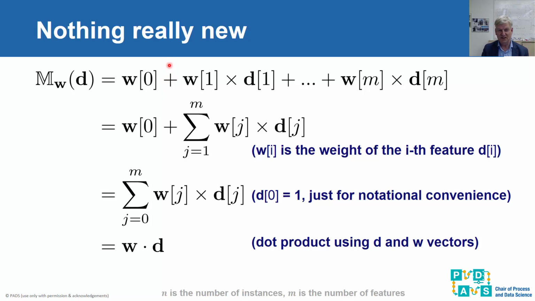And when it's always equal to 1, then the term W0 times D0 is simplified to simply W0. So we can rewrite it like that, and then that's what you often see, this dot